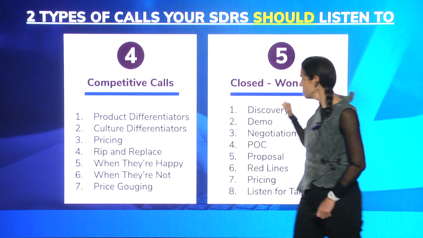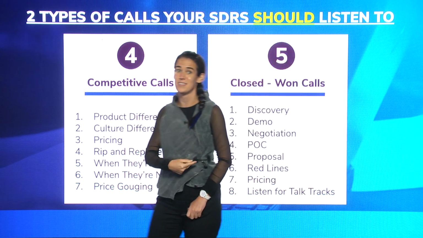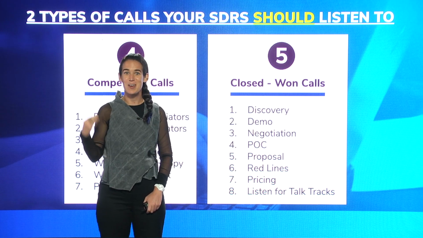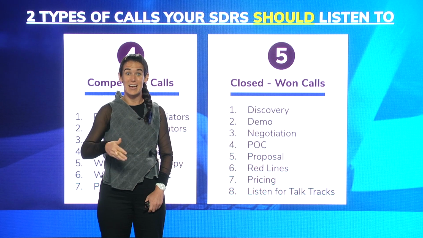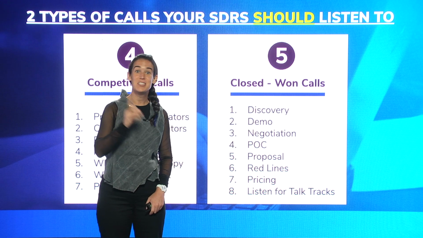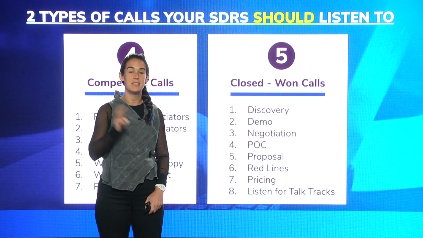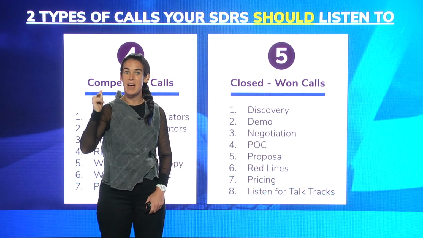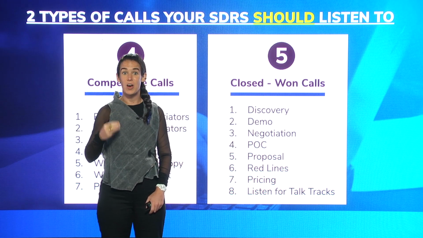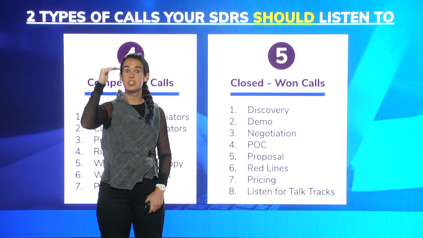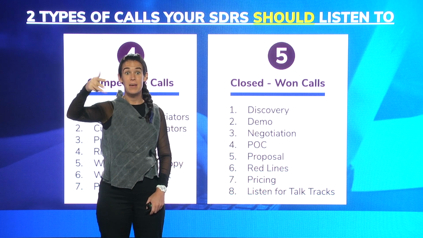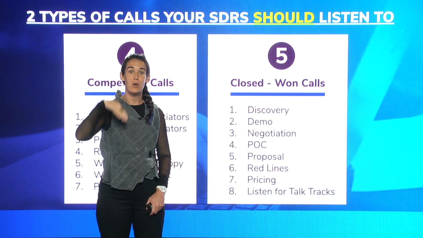The fifth type of call is closed-won calls. Be outcome based, right? You want to know the types of calls that actually led to something working. There's a lot of advice on LinkedIn where people will say, you need to do this and you need to say this. And I would reverse the math. Instead of saying there's an industry average for talk time, based off of which rep was talking longer and shorter, I would want to know which rep is my best rep and how much are they talking, because I want to mirror what they're doing.